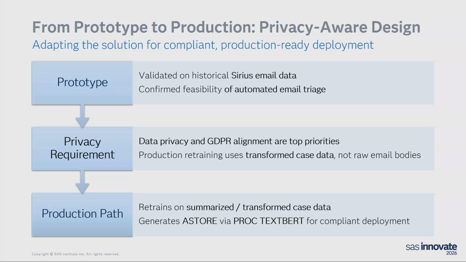When we go to the production path, I also want to let you know there's a new procedure, something we use with the train text classifier action. This new procedure actually gives you a store for model deployment, so you can take it to different environments, and in the future, I hope, even outside of VIA for deployment.